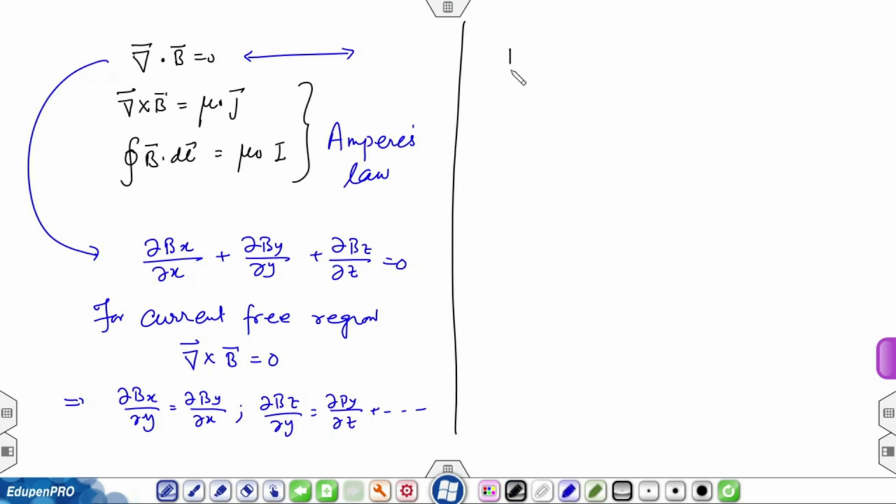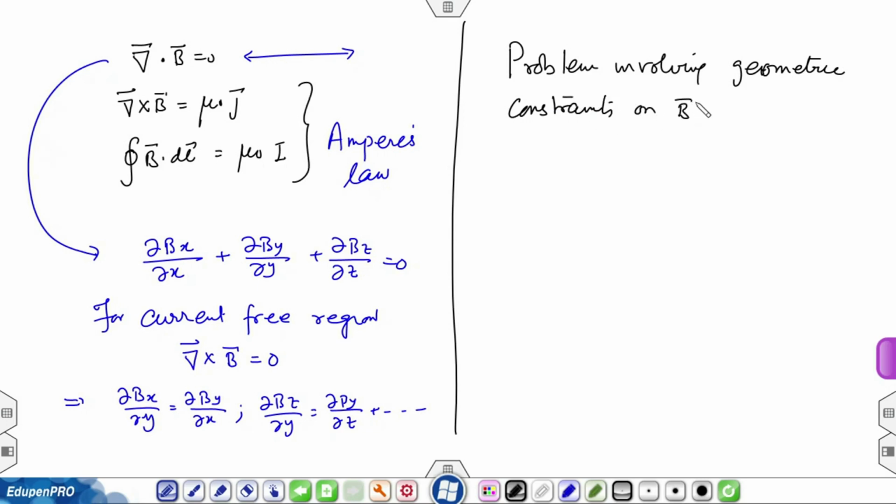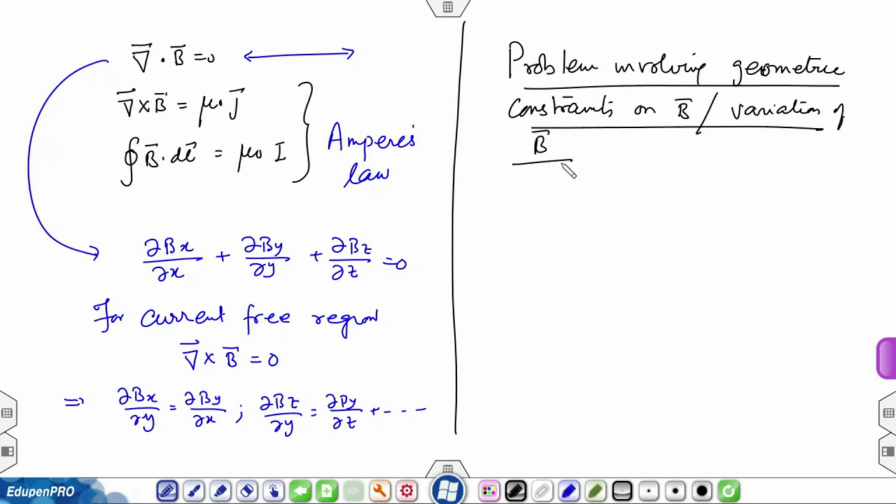So, let us do a problem involving geometric constraints on B or its variation. This problem is taken from Jackson. This is Jackson, problem number 5.4. Says for